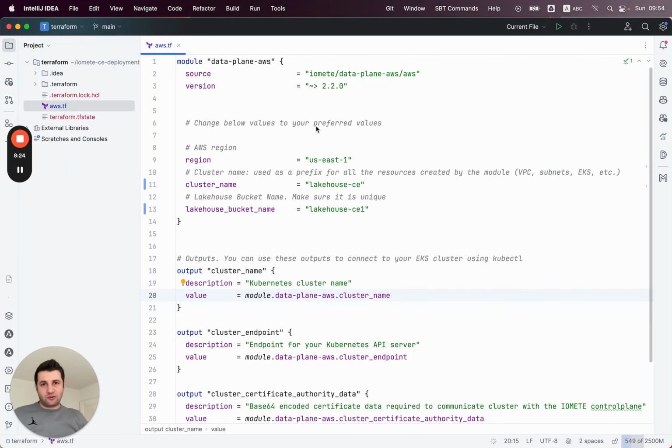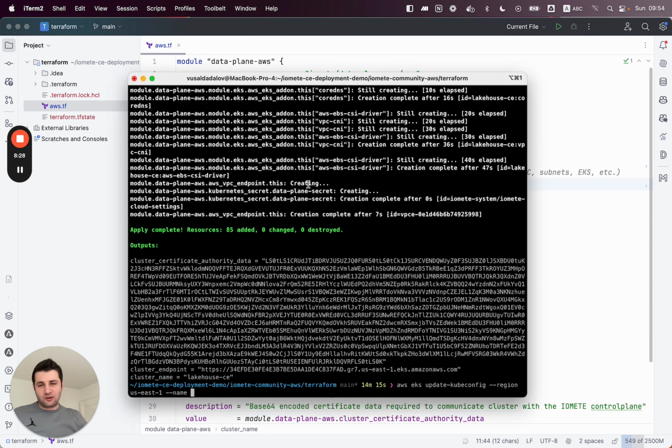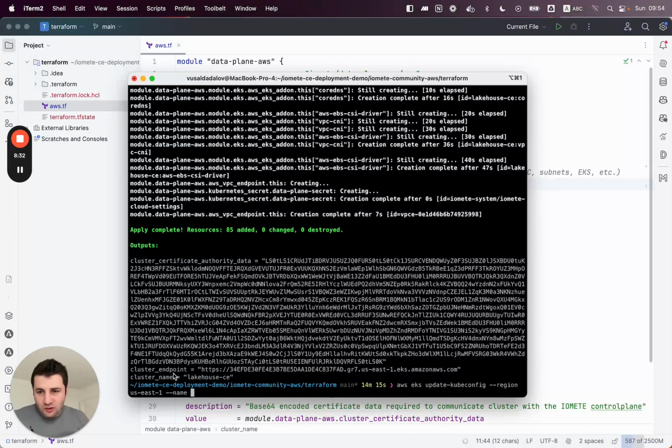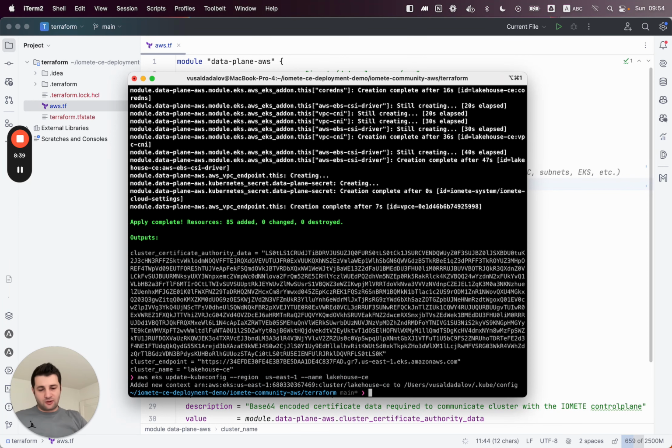Let's see, what was the name? The name was Lakehouse CA. This is the cluster name, and also we can see from the output, yes, this is the name. Okay, done.